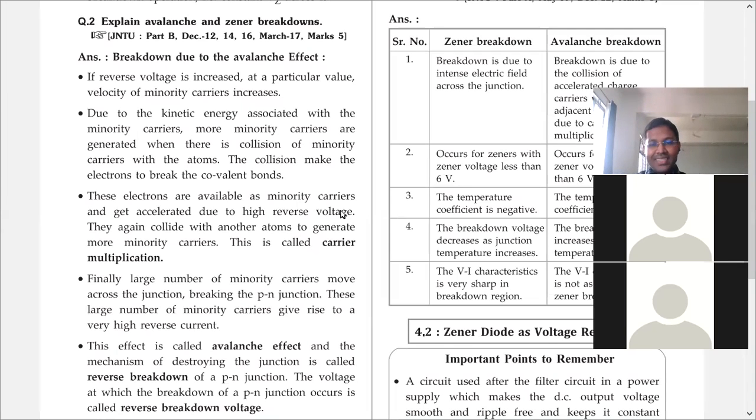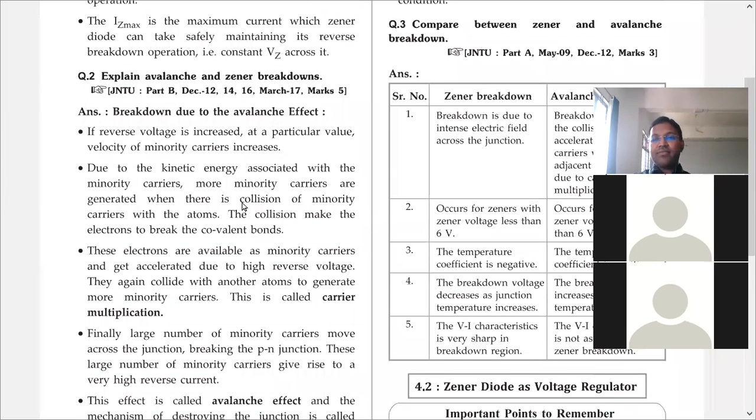What we will do in today's class is I will quickly revise the Zener diode, and then we will see each and every point in detail. So first I will give the outline. First is the revision of what we have already seen in the previous class, and then point by point we will go into the details of each and every topic.